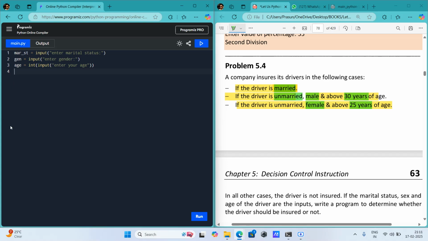Okay, so just see the logic now. If marital status is married, or marital status is unmarried, and gender equal to male, and age is greater than 30, here it is given 30, and age is greater than 30, right? For new line,